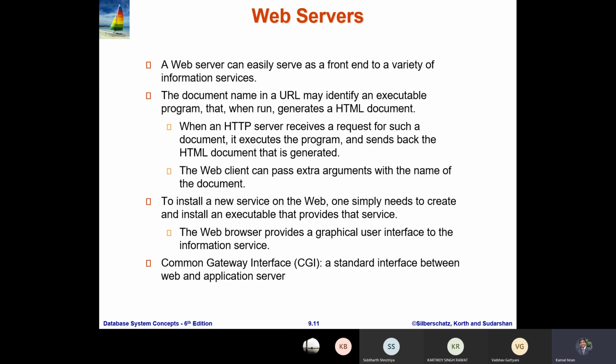So here, web client means those who want to access the service. As Vaibhav said, whenever we want to open any web page from Google, it means we are requesting a web page from Google. The request goes to the Google server, and then we get the response. This is a very fast process, so once you send the request, immediately that request goes to the server and you get the response.